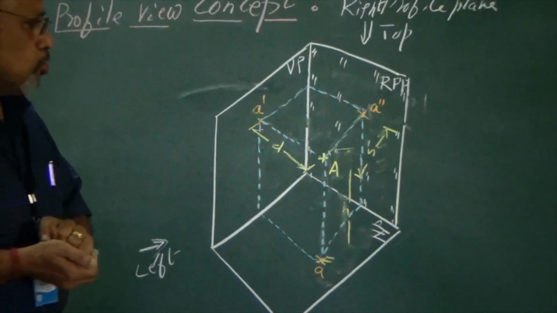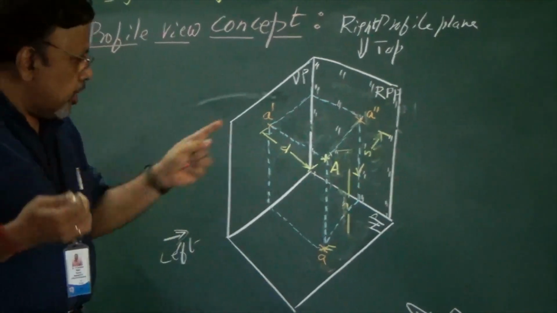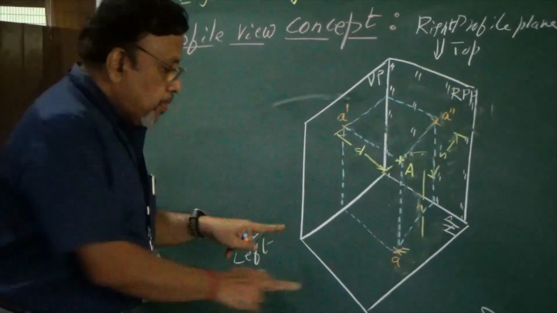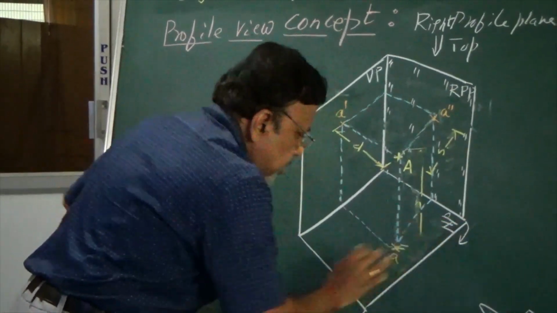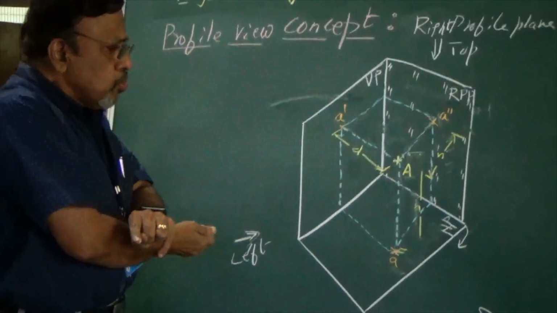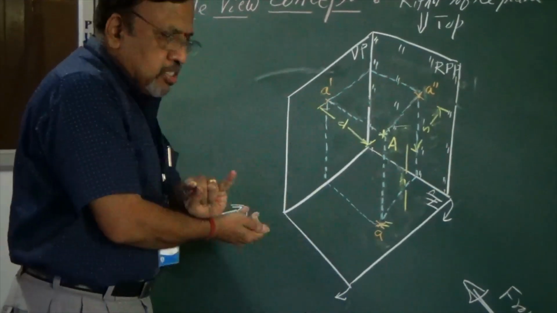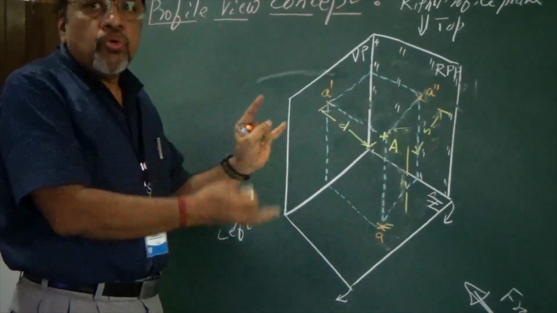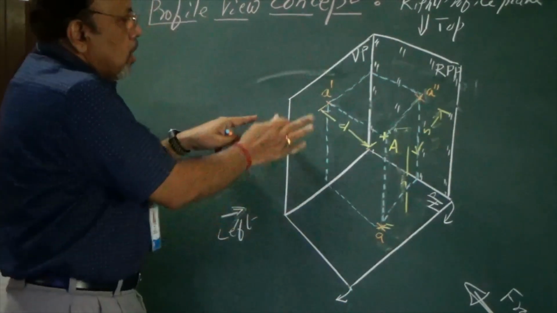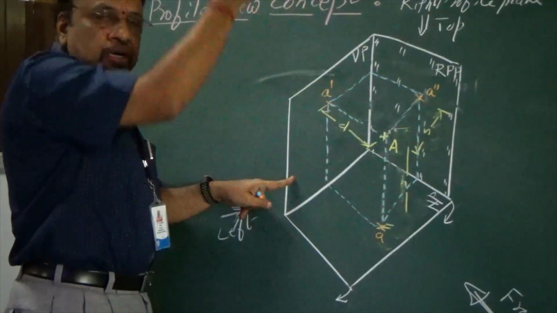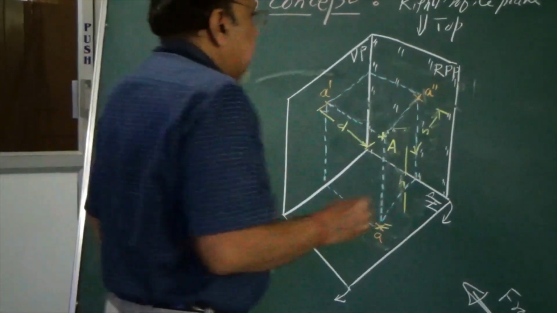The next step is I need to draw the orthographic projections. Now to draw the orthographic projections, as usual, we have already seen by drawing top view and front view by rotating this. So I will not take much time because we already know this. I will just rotate HP like this because always, when I want to rotate the planes, I need to rotate the plane such that the first and third quadrants open out. So I need to follow the same pattern. Once I do like this, you can see that VP and HP are on the same plane, so that the front view will be above the XY line and the top view will be below the XY line. And let me draw that.